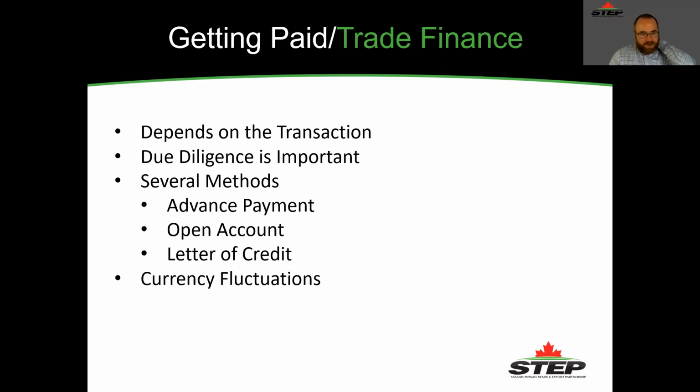If you do open account items, and you're dealing in a foreign currency, say the US, and there's currency fluctuations that might be impactful, that's a risk calculation that you need to make as the exporter. I just point out that there are foreign exchange firms. You can check out STEP's website and talk to those companies, but they do have tools such as forward contracts and other things where you can sort of buy currency ahead of time for a certain amount of money and sort of mitigate some of those circumstances. I'm not going to get into that, but just know that there are tools out there from providers who can help you with those currency fluctuations if you think they're going to be impactful to your business.